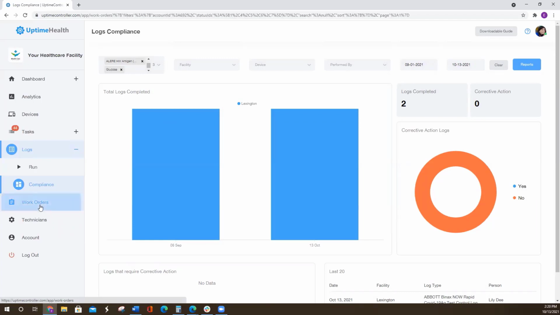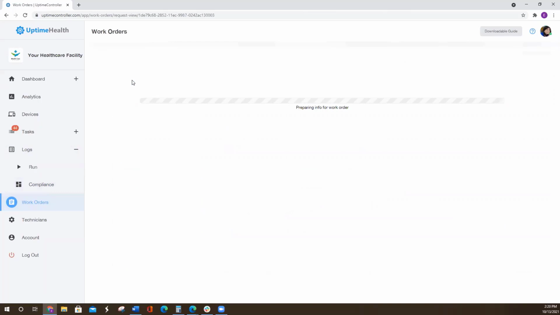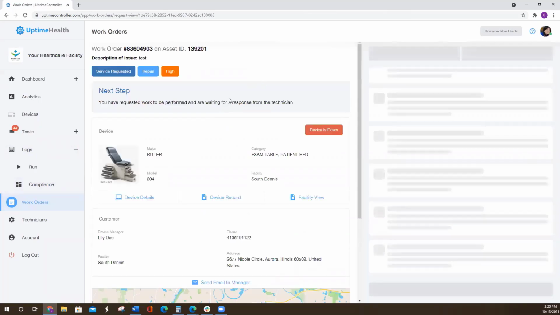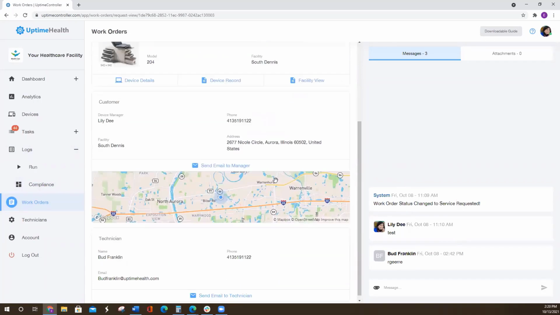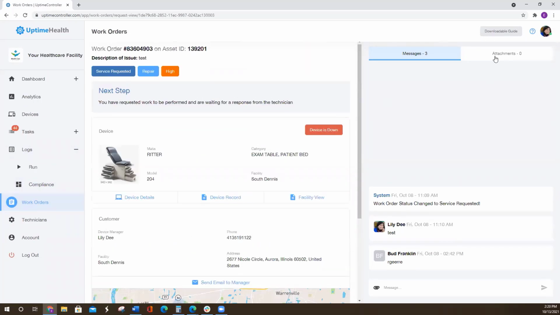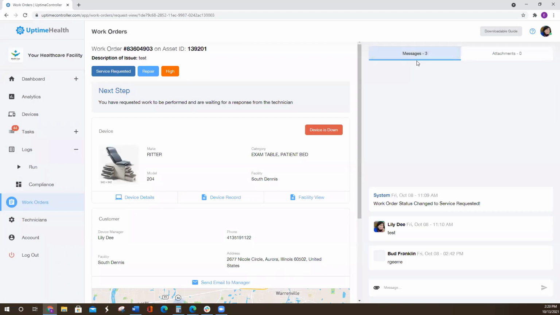After the log section, I would also like to show you our work order section. So the work order section ties into our request repair section. Here you can manage all of your open and closed work orders. In this section, you'll get a real-time update, as I had mentioned before, as to when these services were scheduled, any attachments. This can be maybe a service notes upload from your technician,